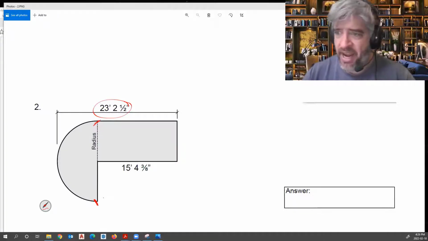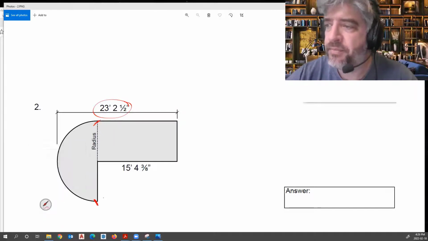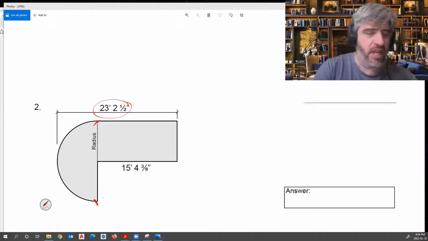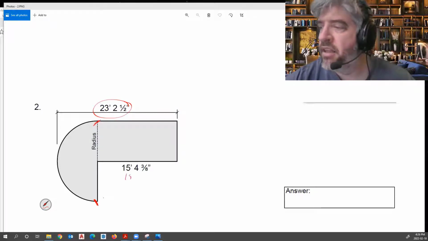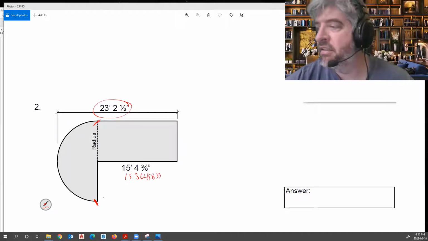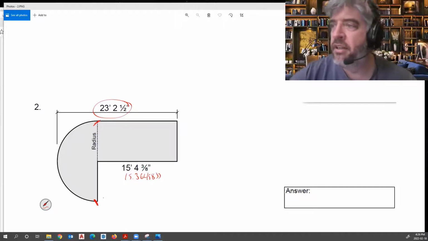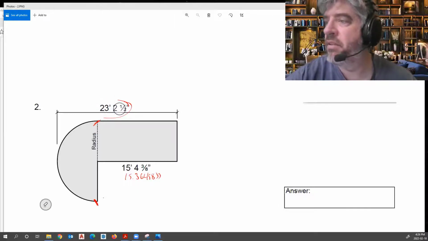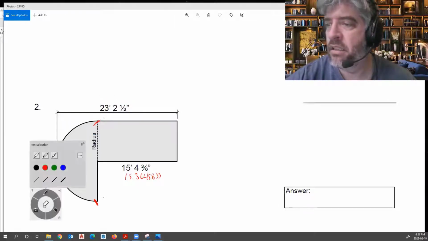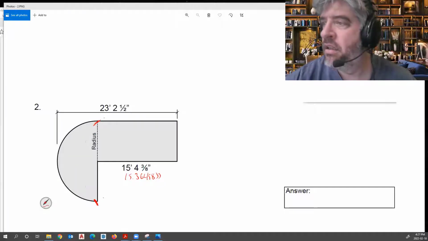So first thing I'm going to do is convert my numbers here to decimals. I just find it makes it easier in the end, rather than working fractions back and forth. So I have 4.375. That's 4 3/8. If you're unsure, just do 3 divided by 8 plus 4. Then it's in your calculator. Divide by 12, which means this is 15.36453. And then I have the 2.5, so 2.5 divided by 12. And I'll just erase this real quick. So this equals